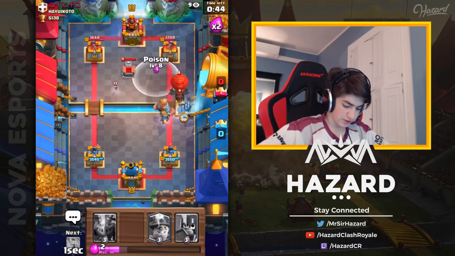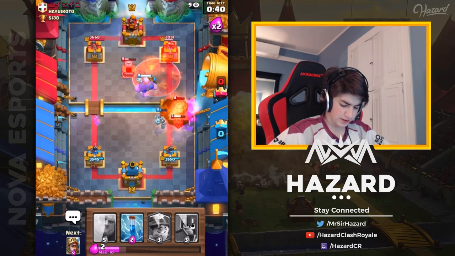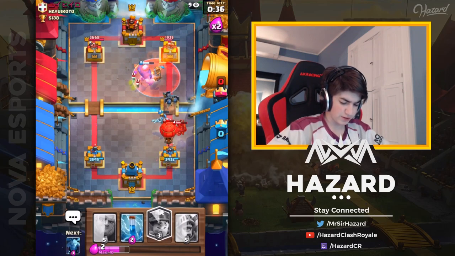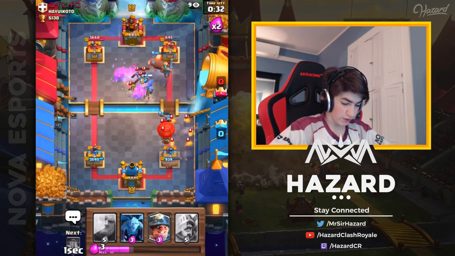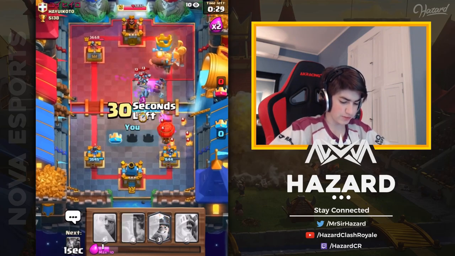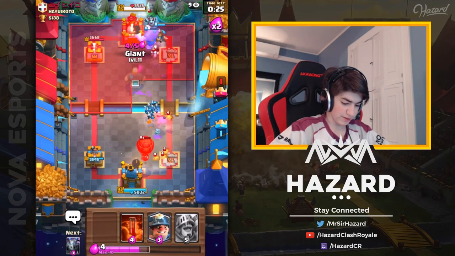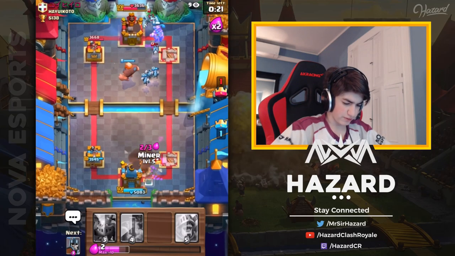So I'm going to get a nice poison down onto this, start defending against the lava loon push. And yeah. He does actually get a nice value Fireball there, so I think he's just going for a tower trade here, which is probably the smartest thing to do for him right now, seeing as we do have a massive push. Although we are going to get a very nice zap onto those minions and that Goblin Gang. We're going to get another giant up here, keep the pressure going down the field,